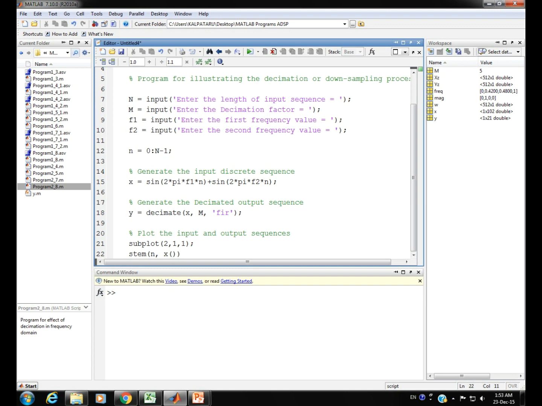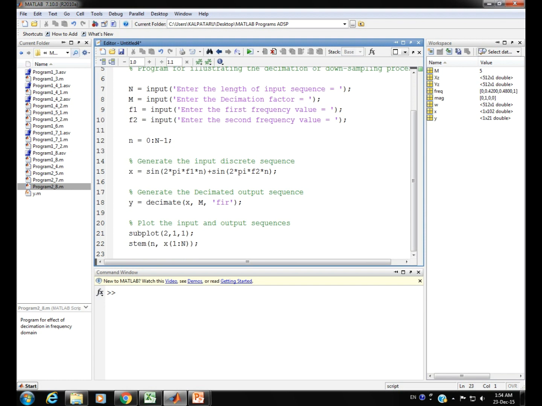So x is the variable, and here we range its corresponding length from 1 to capital N here. Then there should be labeling of the two axes. For the horizontal axis I provide the syntax xlabel, and inside the brackets and a pair of single quotes I mention the time index small n.